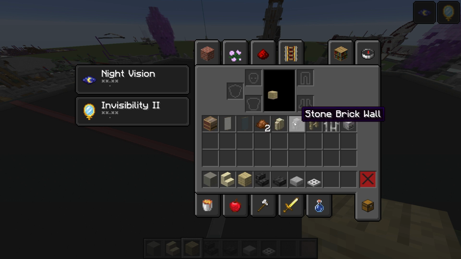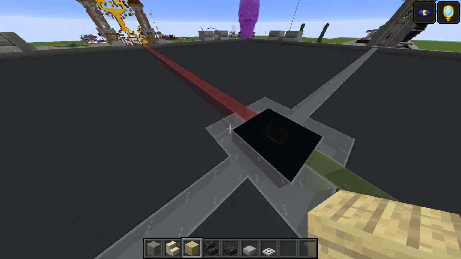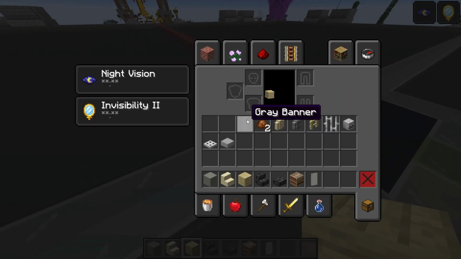Sandstone wall, stone brick wall, birch fence, iron bar, skeleton skull, those are the rest of the materials you need for this layer, and then these are the loom for the banner design, light grey and grey banners, and then 2 brown dye. Okay, so starting off, we are going to do our banner design real quick, so just grab these,